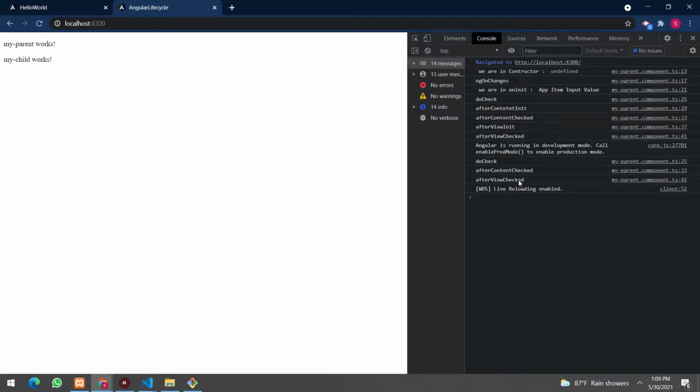Now we can see after refreshing our application, it's console logging our statements as we added. First constructor, ngOnChanges, ngOnInit, then DoCheck, then AfterContentInit, AfterContentChecked, AfterViewInit, and AfterViewChecked. So if we have removed our